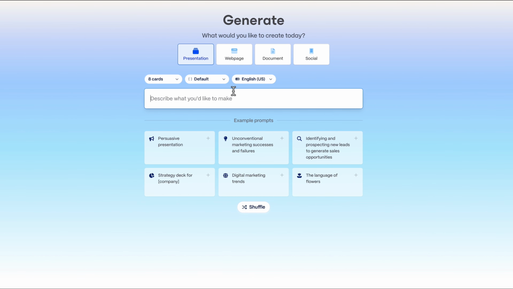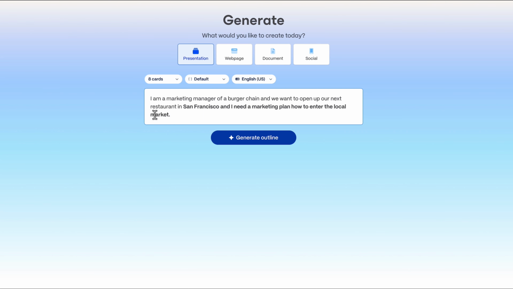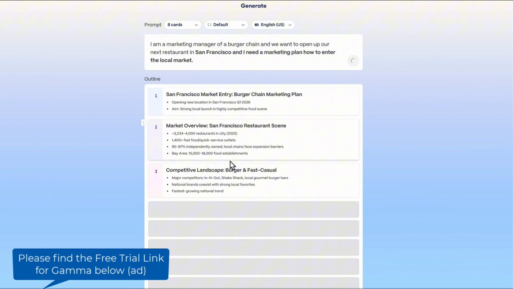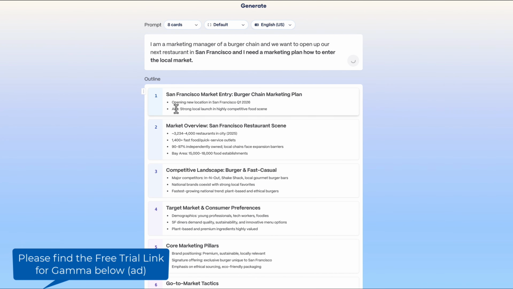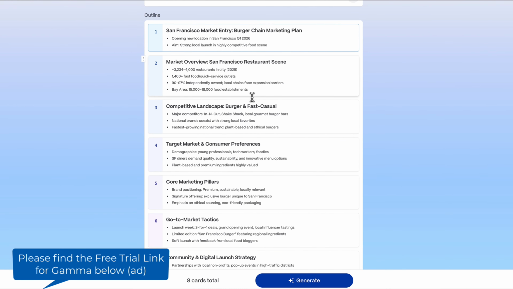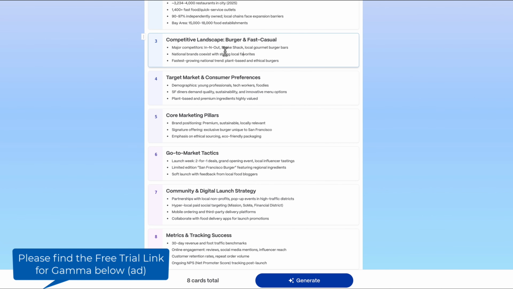So I will go ahead. I just came up with a prompt. For example, I'm a marketing manager of a burger chain and we want to open up our next restaurant in San Francisco, and I need a marketing plan for how to enter the local market. And now you can just click on generate outline, and Gamma will write an outline of the presentation for you. So this will be very fast, and these are the slides. So the first slide, San Francisco market entry, market overview, and you can just go ahead and edit this,